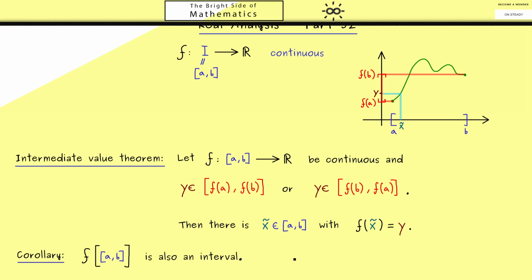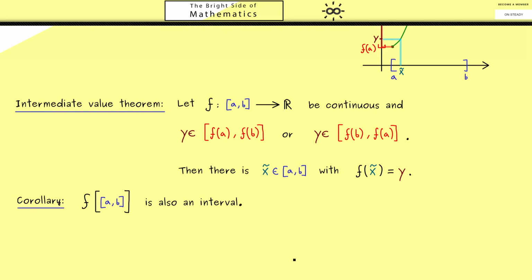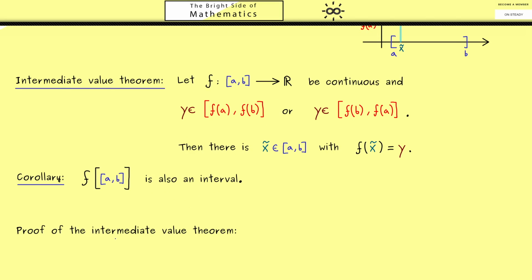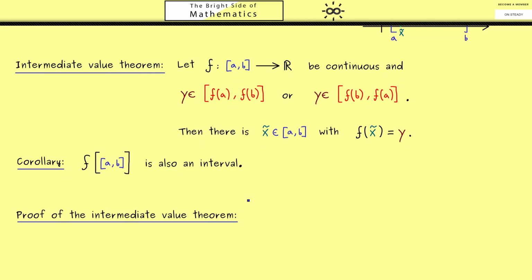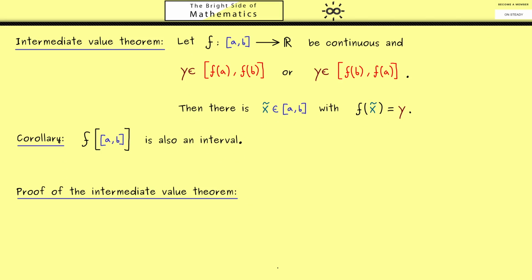Okay, then I would say we can start with the proof of the intermediate value theorem. In fact, as we will see, the proof is not so complicated. The first step will be to normalize the problem in some sense. In order to understand this, let's visualize the graph of a function again. This is similar as before, where now, for example, we have our y here.